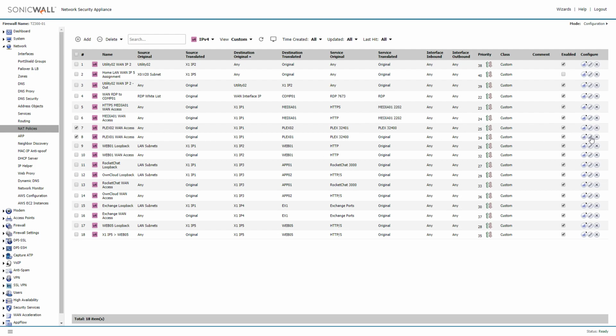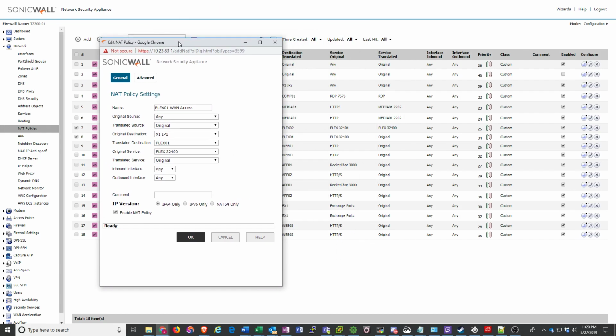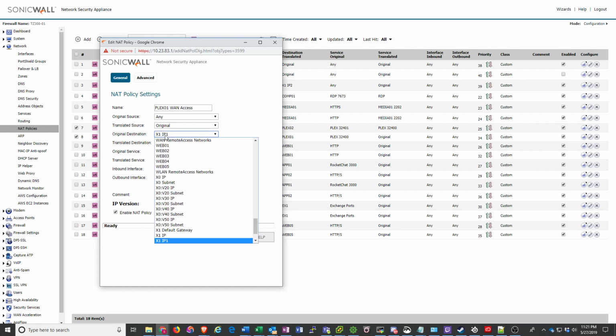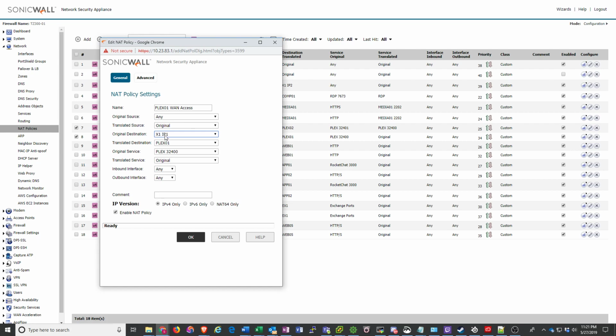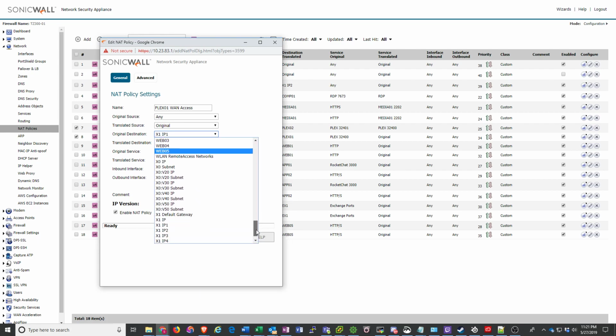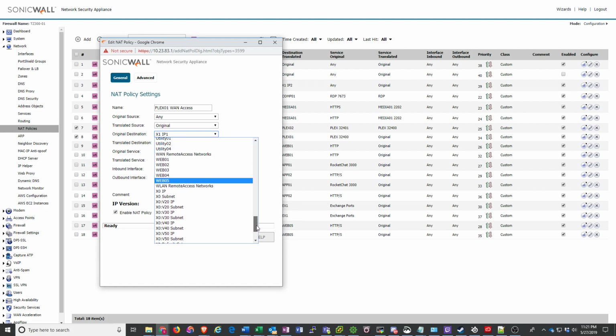So for the first one, this is your primary server. You're going to say the original source is any, unless you have some sort of WAN whitelist, but we won't be covering that for now. Translated source is original. The original destination will be your WAN IP of your home router here. Now, I have 5 IPs on mine, so I list that as IP X1, IP1, but usually you would just have one, and you can even do,